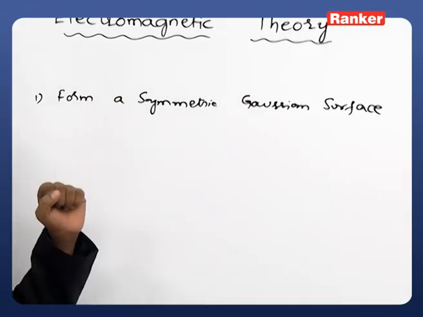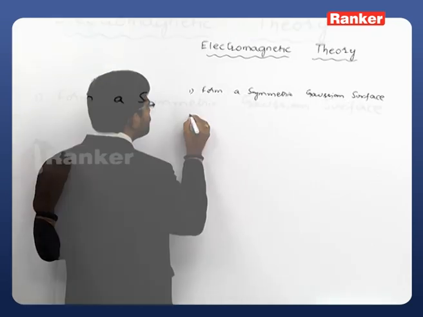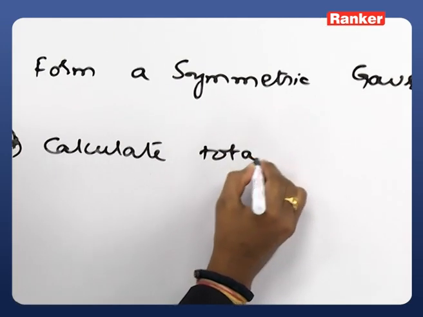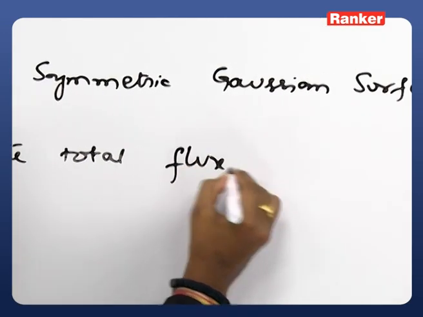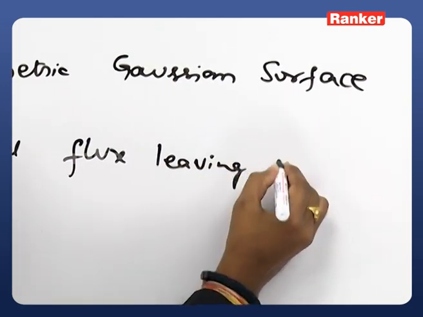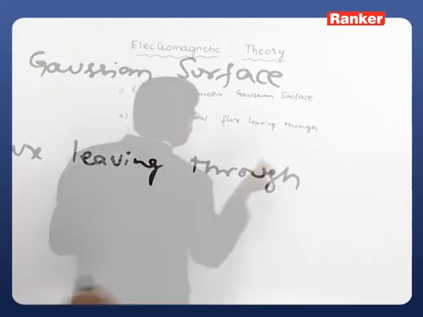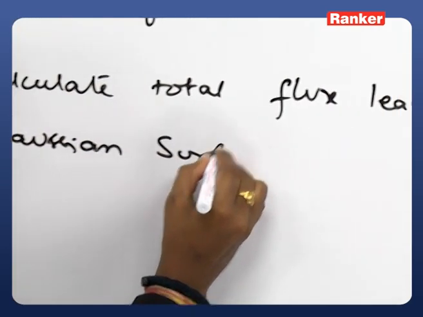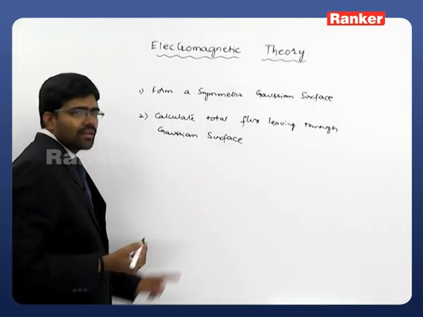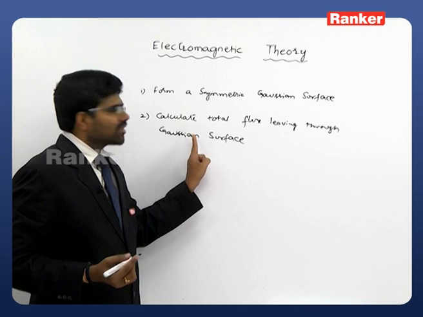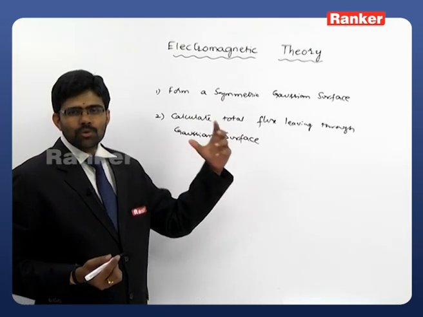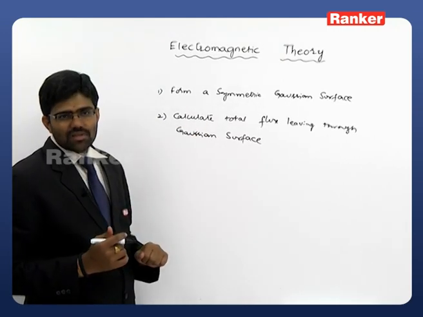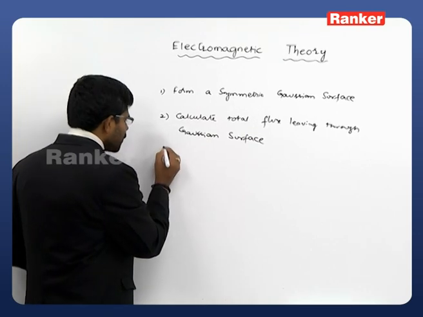After formation of the symmetric Gaussian surface, the second step is to calculate the total flux leaving through the Gaussian surface. Here we are supposed to calculate the total flux leaving through the Gaussian surface we formed in our first step. This is the second step we have to do. Third step is